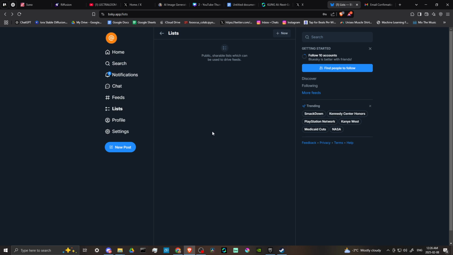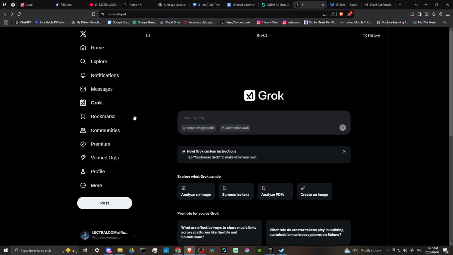So those are the two main differences at this point between X and Bluesky, and I'll leave it up to you to decide which one you think is more preferable. Right now, X has a lot more of the big features, and it's been around longer, so there are a lot more users on X than currently are on Bluesky. But that's not to say that that'll always be the case, but at least for the time being, X is still one of the #1 platforms online.